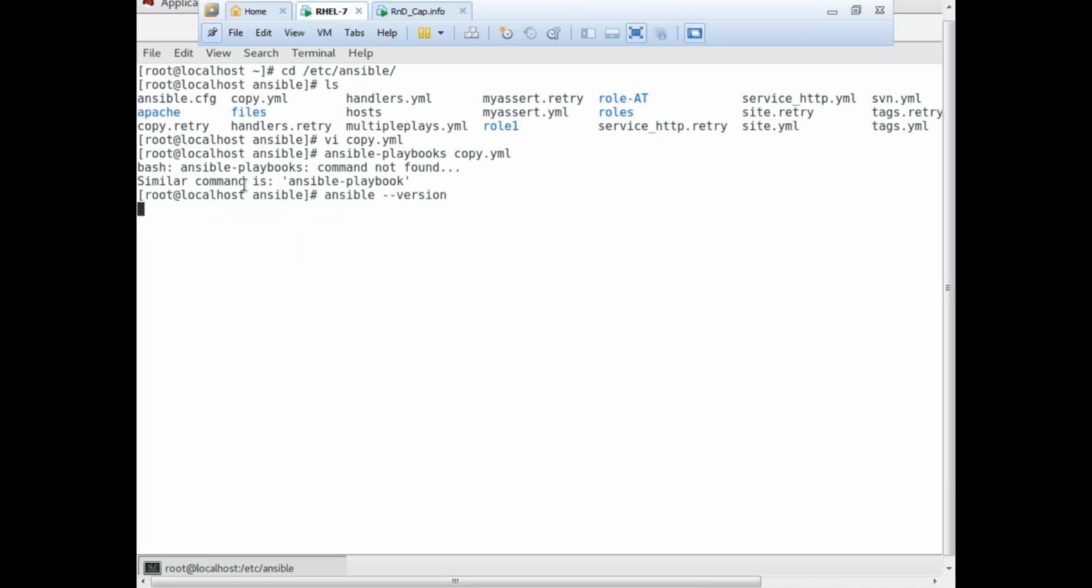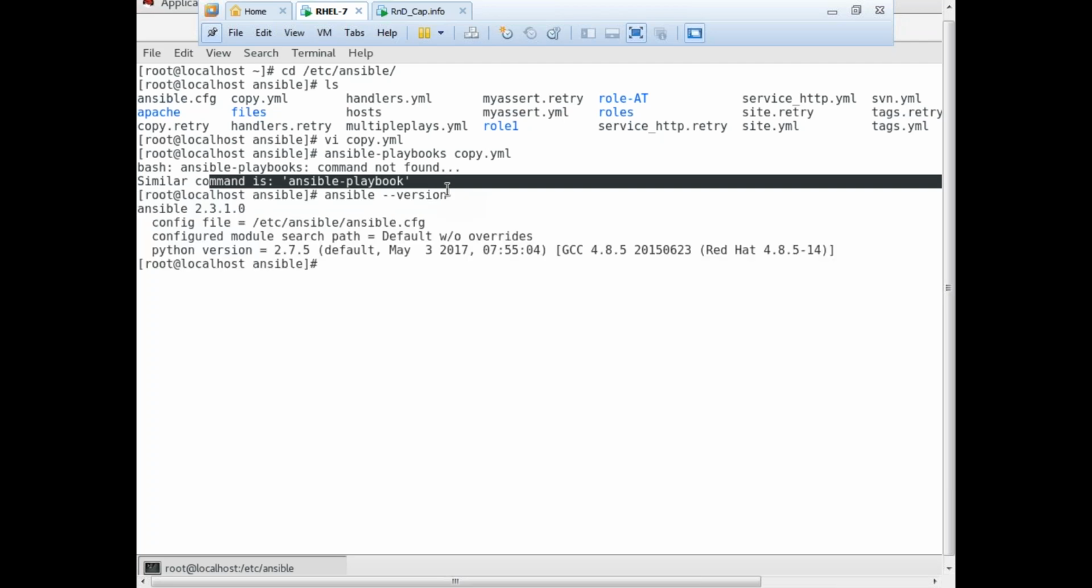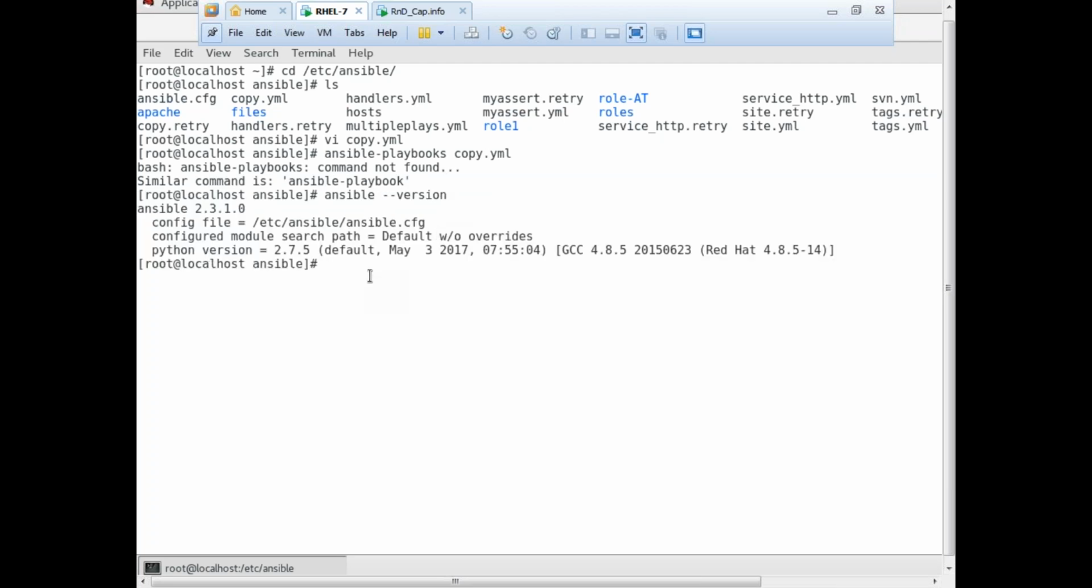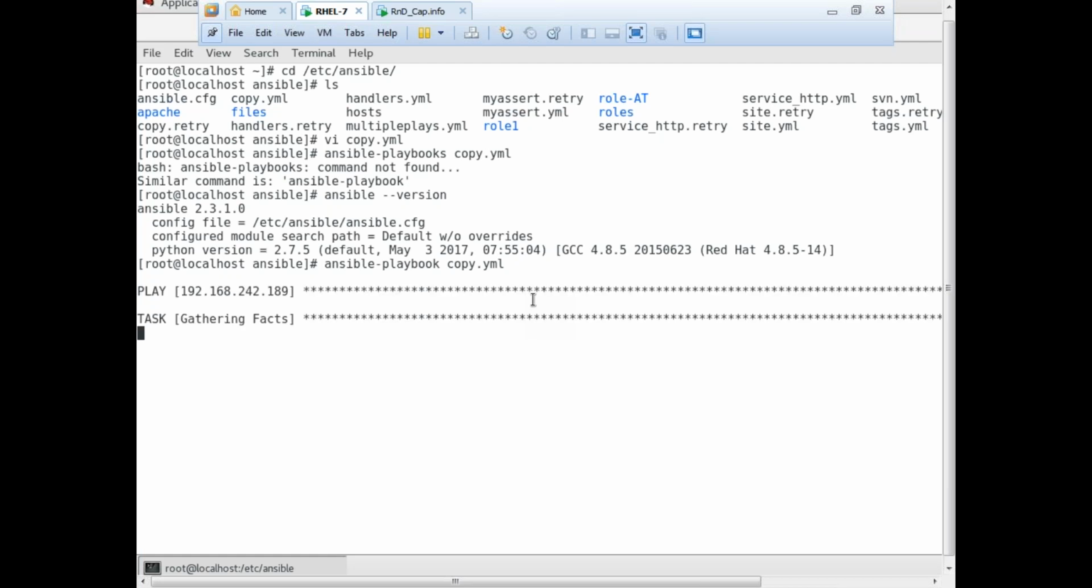The command not found. Let me check it. It's okay, it's running. The command was it's playbooks. It's not playbook, it's playbook. Okay. Ansible playbook. That is a typo error. It's playbook. So if you look at here,